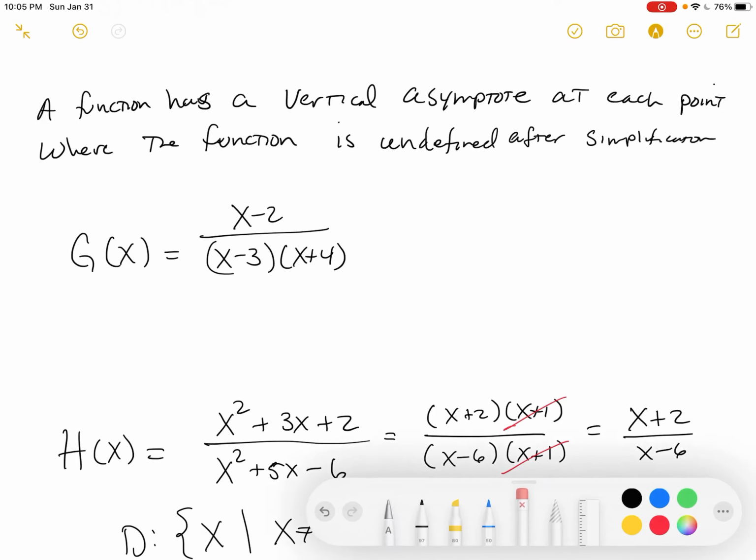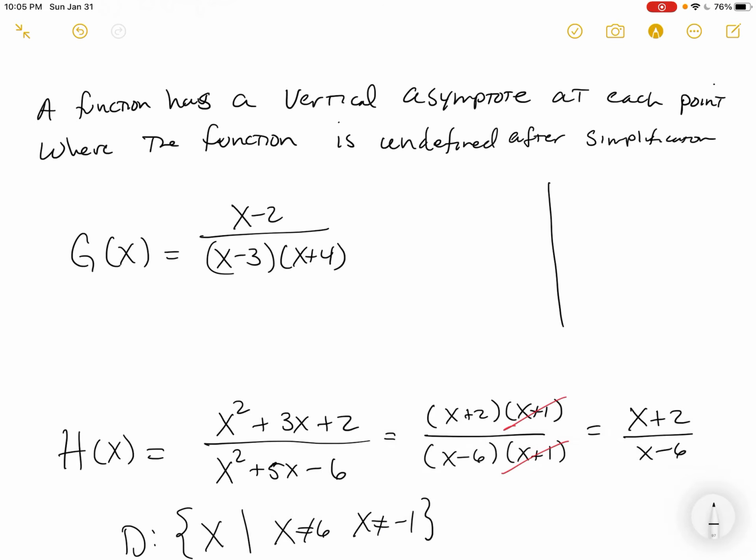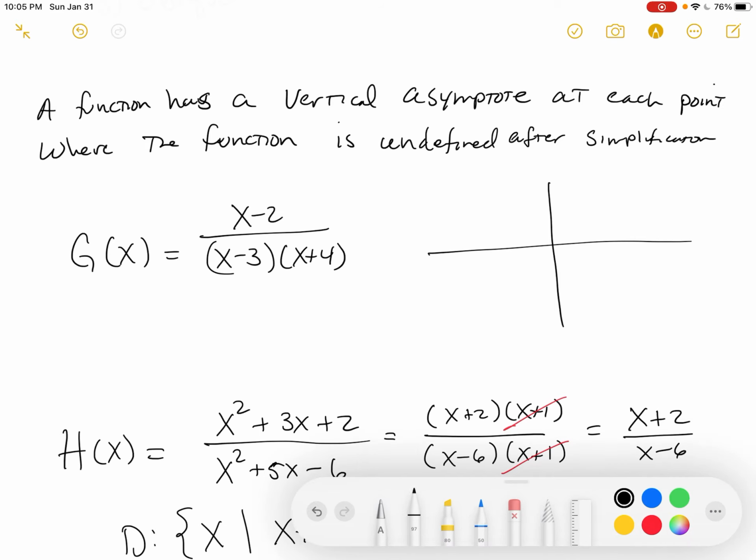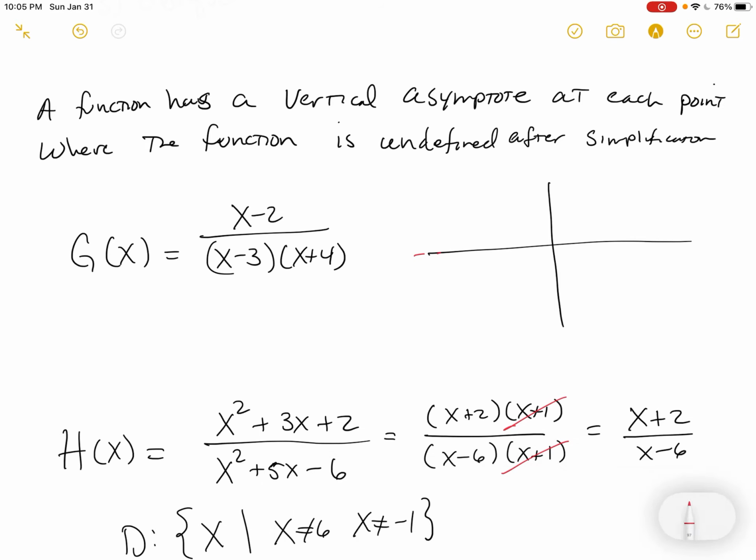So what a horizontal asymptote is, when we say it has a horizontal asymptote of 0, we're saying for large values of x, it's going to come to this 0 line. And that tells us a lot. So what we know right now about this function, putting some things together, is at x equals 3, it had